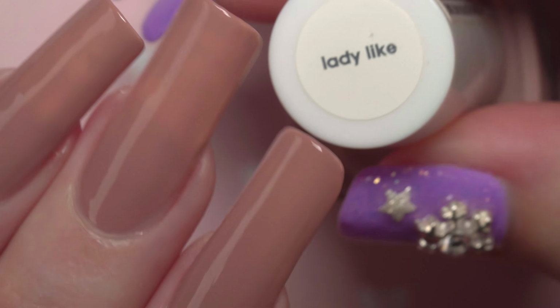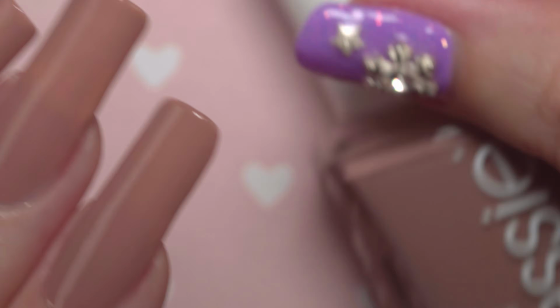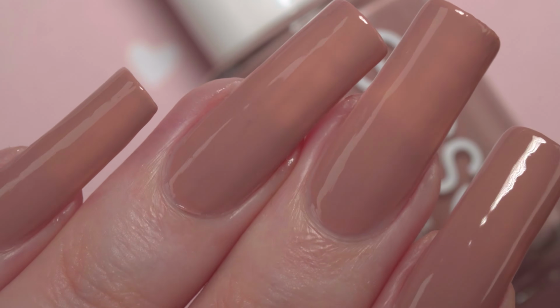I really hope you liked this nail polish of the week video. Once again, this one is called Ladylike. It is by Essie. It is about 10 euros here in the Netherlands, but prices may vary depending on where